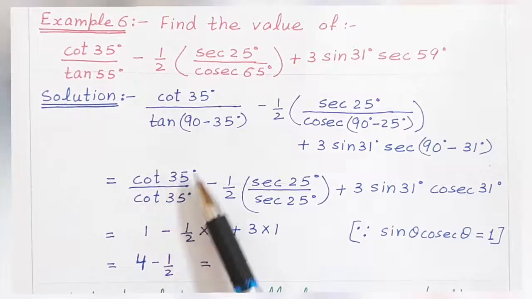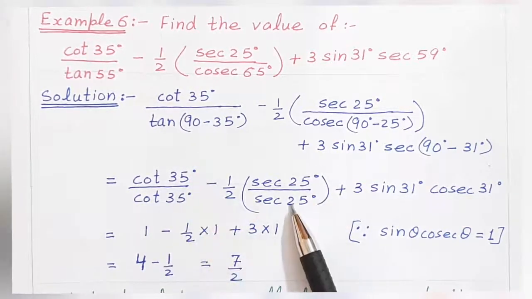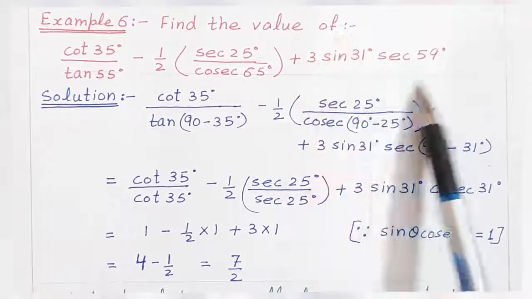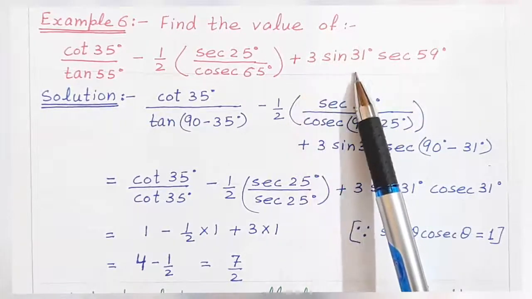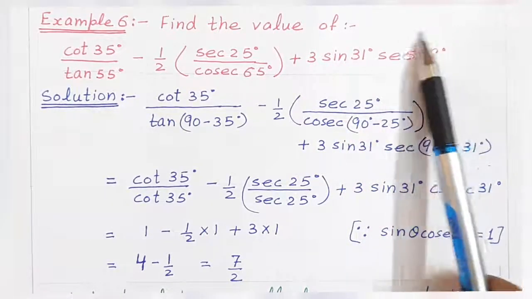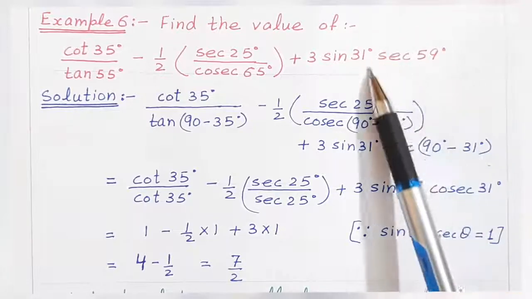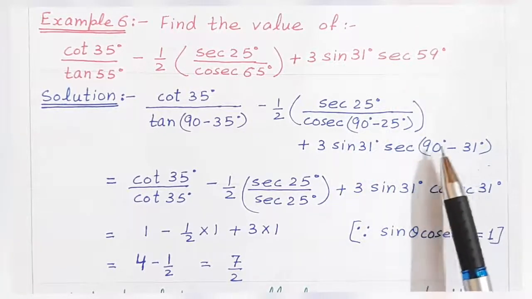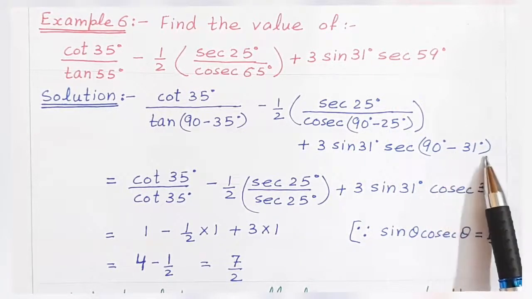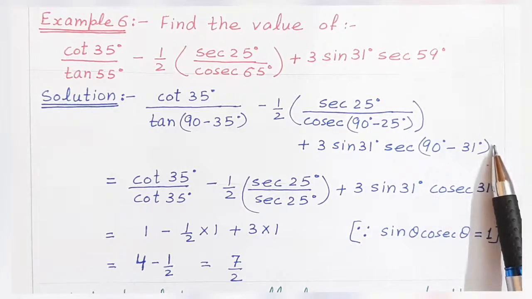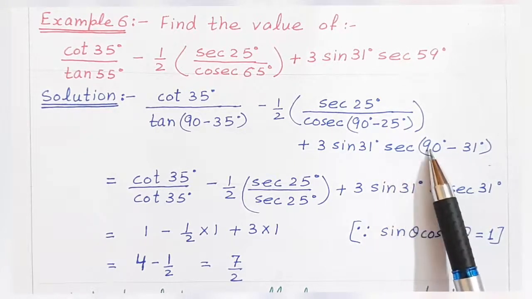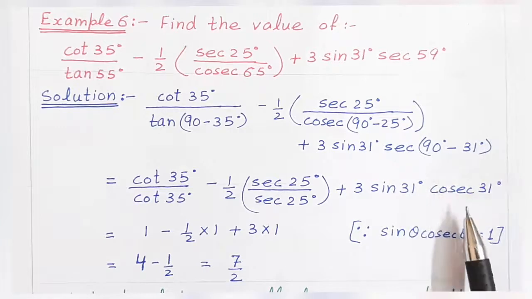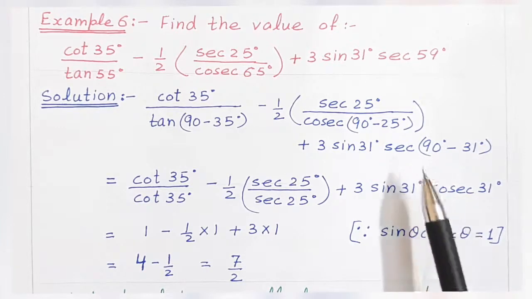Cot 35 and cot 35 will also get cancelled. Now see the last thing. 3 sin 31 degree and secant 59. Now secant 59 I can write it as 90 minus 31 degree. Clear? Now secant 90 minus theta is cosecant theta. So it will become